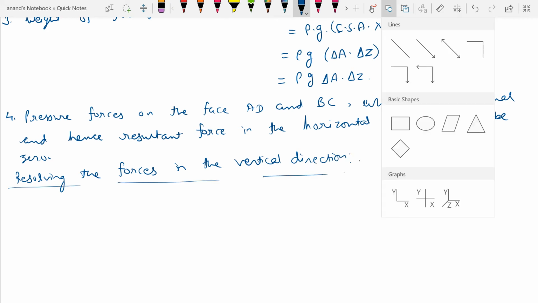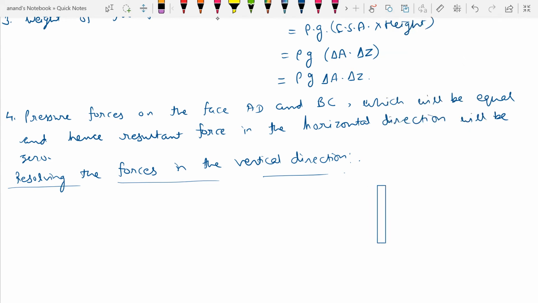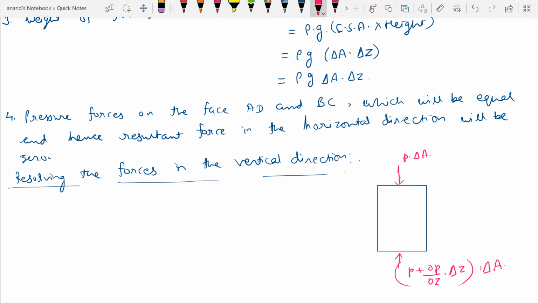Let us draw the fluid element again, on which the forces are P into del A, which is acting in the downward direction, and here we have P plus del P by del Z multiplied by del Z into del A, and we also have the weight of the fluid element W as rho g del Z into del A, so that